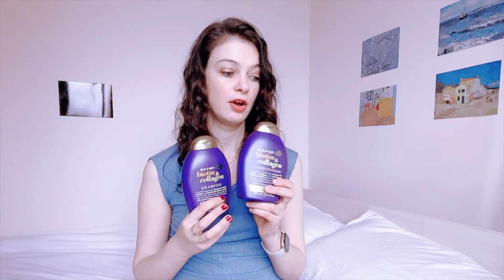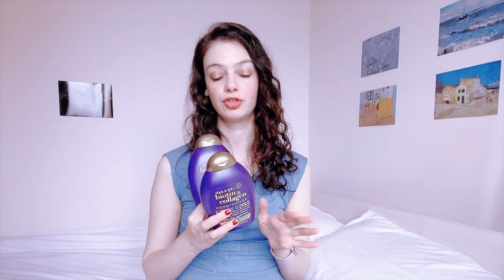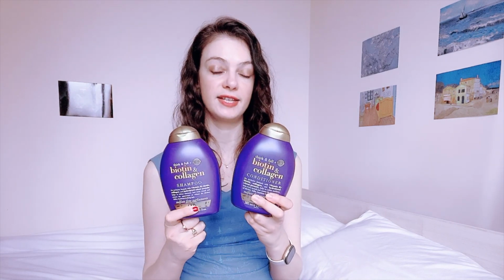So if your main concern is dryness and dehydration, I would say the L'Oreal range is the better product to try. If you have really fine and thin hair and your main concern was to add extra volume, it might be worth trying this one as well, because these are excellent at adding volume to the hair, and you may prefer these products over the L'Oreal one depending on the cause of why your hair has become thin in